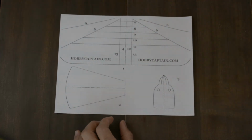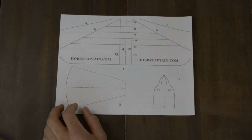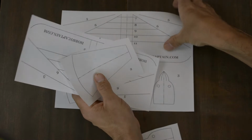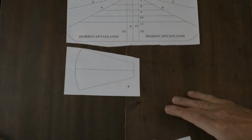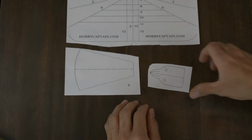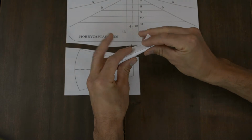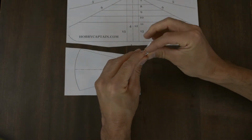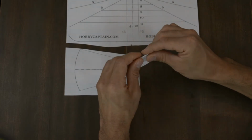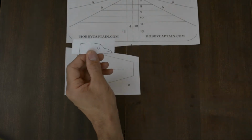Well, to begin with, I'm going to rough cut out the parts of the body. And here, I've already done that. So now what I want to do is make this really symmetric. So what I'm going to do here is make my fold in half first, and then make my cut